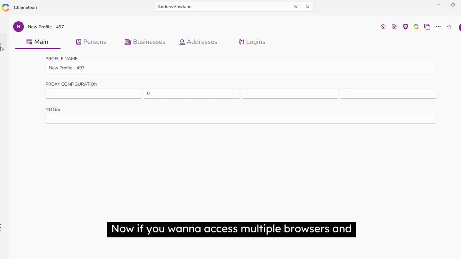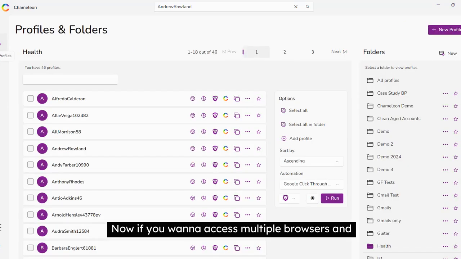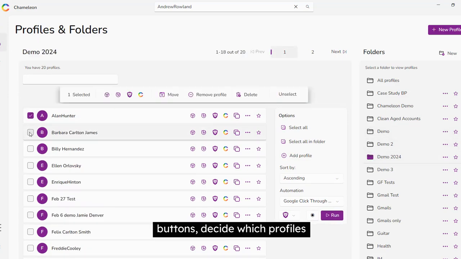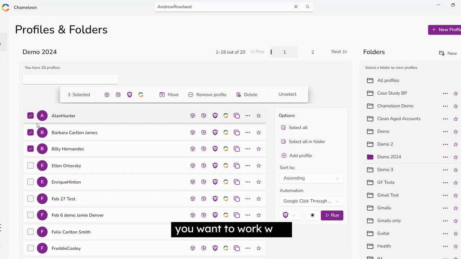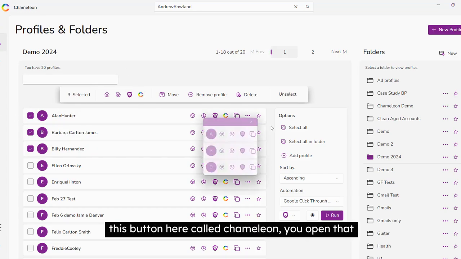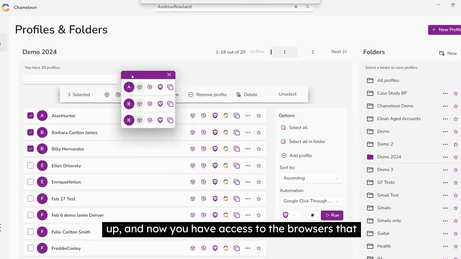Now, if you want to access multiple browsers and profiles at the same time while staying in control of each instance, you want to use Chameleon Mode. Now, Chameleon Mode is when you click on the three buttons, decide which profiles you want to work with. Now, we have these three profiles already open, but if you go ahead and click them, and then you have this button here called Chameleon, you open that up,